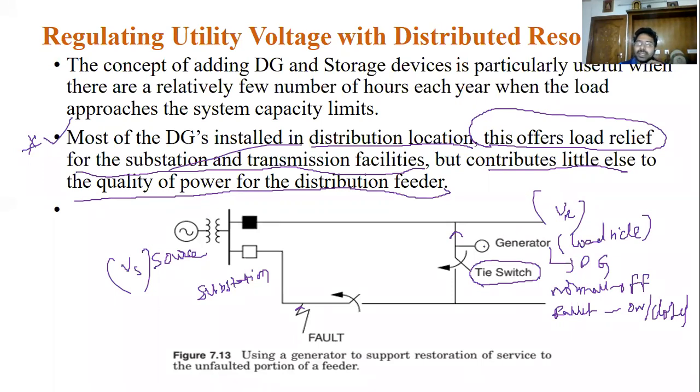Under normal working case, these are open. Remember, under normal working case, these tie switches are open. When there is a fault in the system, this tie switch is on. Remember, the on and off of the tie switch can be done manually or automatically. In the most obvious case, for best performance and best efficiency, we are using the automatic case.